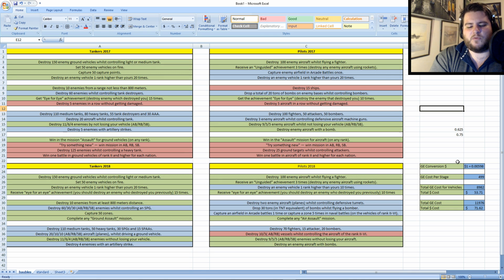Having more stats and more data is never really a bad thing unless you run out of people to process it. One thing I do want to mention as well is the GE conversions. The GE conversion I'm using is the standard one from the War Thunder website. It's in USD, United States dollars, and for this part of the tasks, the collective ones, in order to get the P-43 and the Comet, it's $499 per stage. Per stage, you need to get 9 of them. So for the vehicles themselves, it will cost you